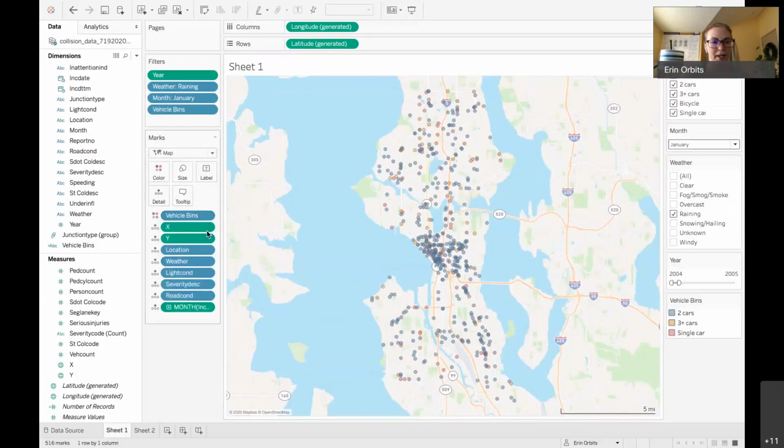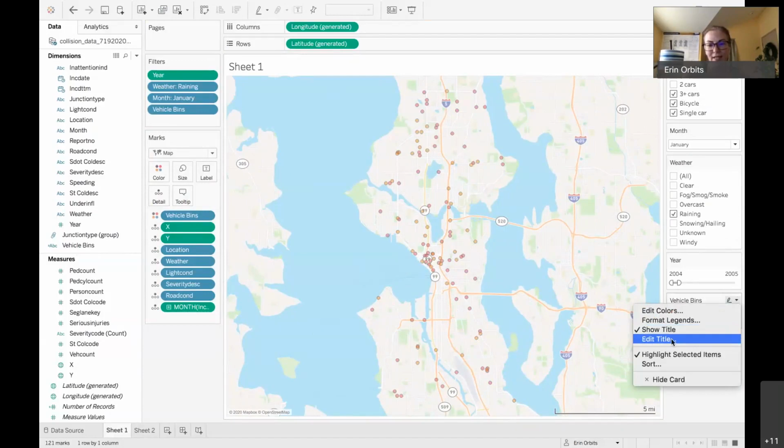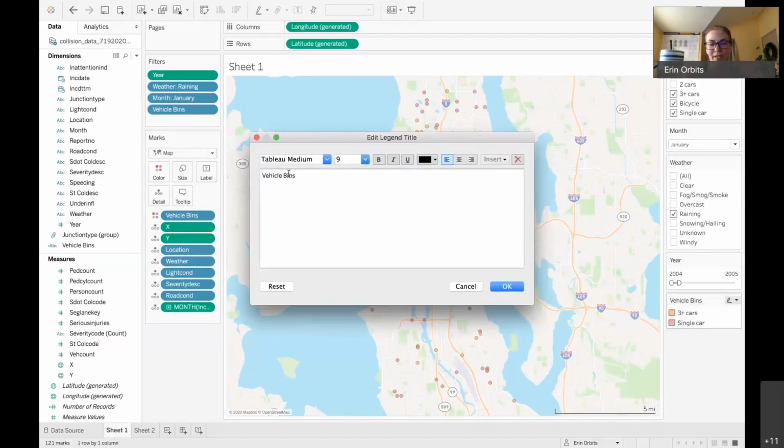Filter again. If you click on this, it should highlight them all like it did. Excellent. And you can exclude them if you want, if you just want to focus on the others. You can format this. You can edit, as it says, edit the title. Vehicle bins doesn't sound great. So we'll say